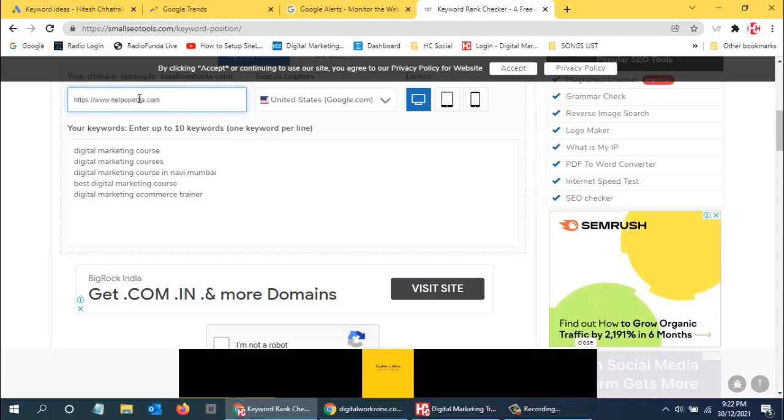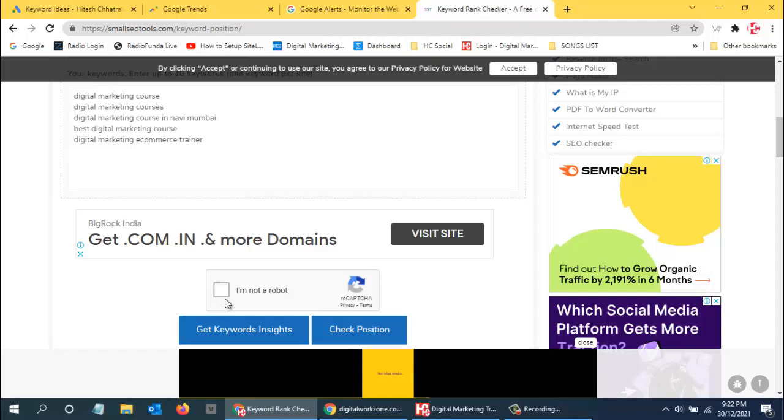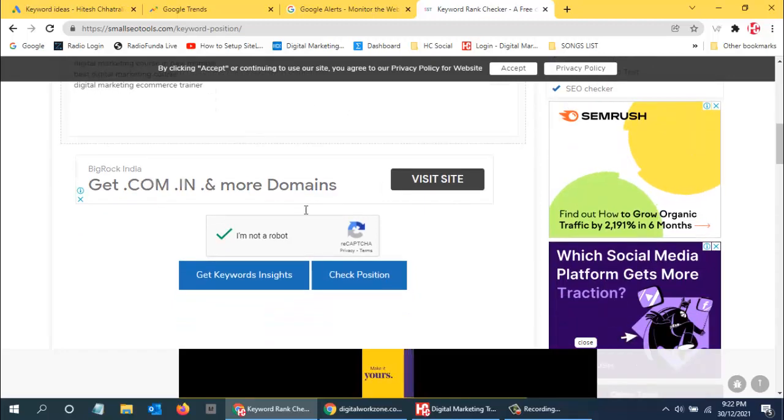And for desktop or tablet or mobile, we want to search by desktop. Get keyword insights.